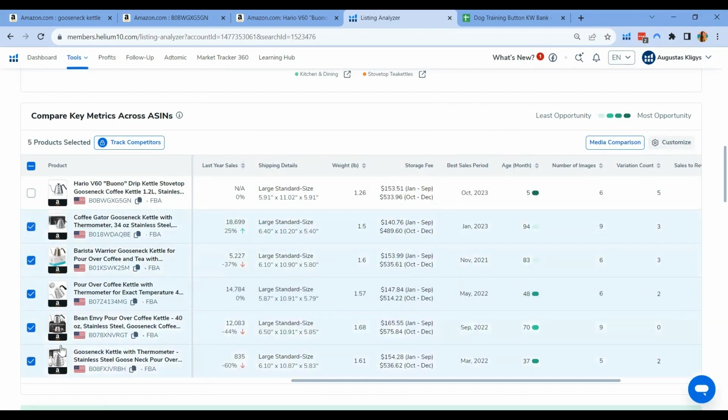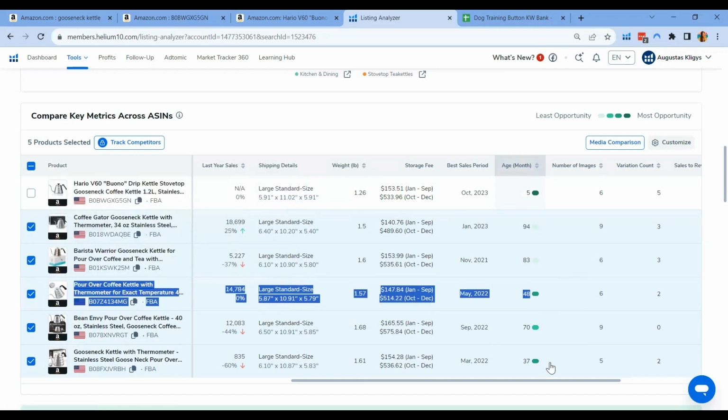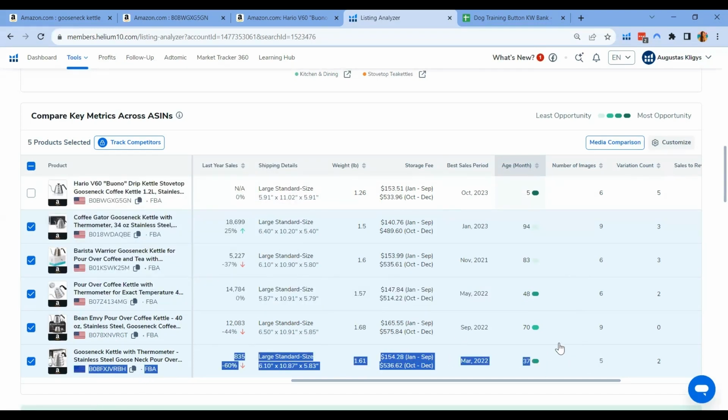Let's see the listing age of this competitor ASIN. So I'm going to highlight it here so it's better for you to see. The one from Japan, this ASIN, its listing age is quite old already. These two, that is why it's able to garner that much loyalty, I guess, with their brands. And something tells me that I still have opportunities with my other ASIN competitors here because they are more on the darker green. The listing age in months of this is 48, so more or less 4 years. And this one is also under 3 years.